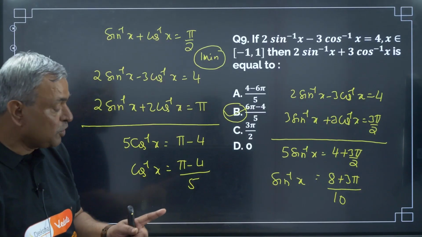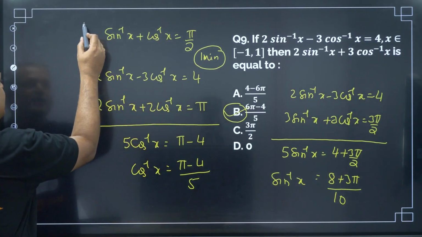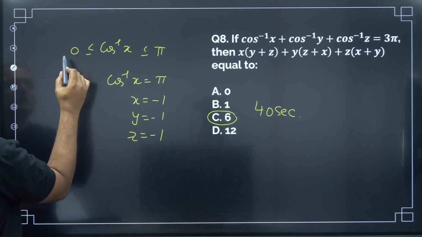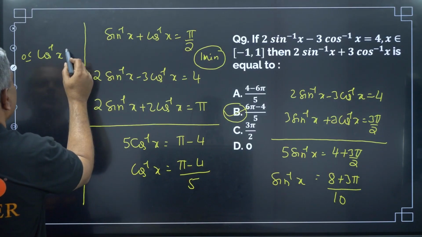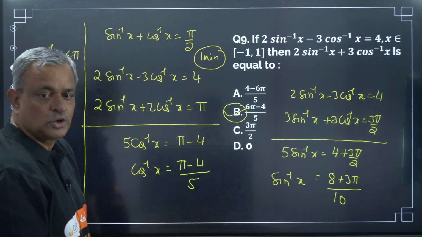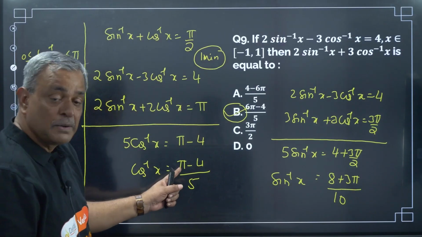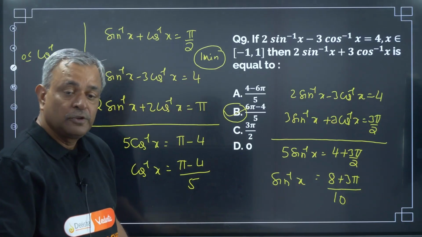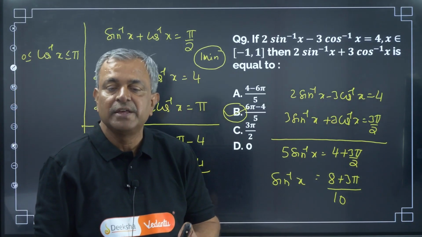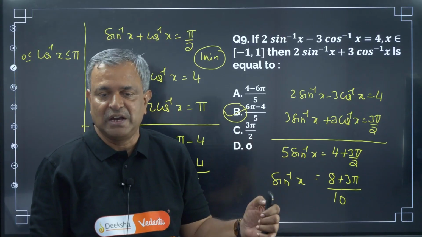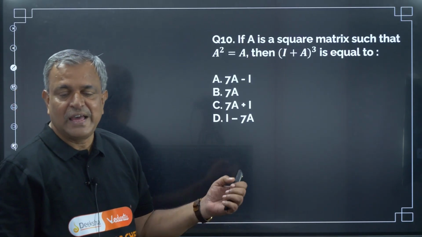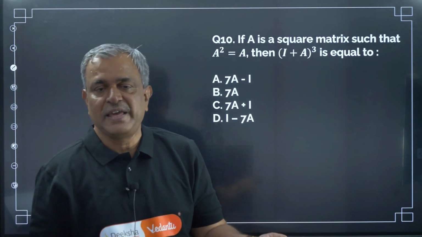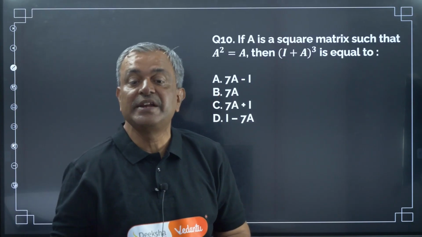Okay, but where it is conceptually wrong: cos inverse x, I am writing the concept here once again. Cos inverse x always lies between 0 to pi. Okay, 0 to pi. Got it? That's why here itself pi is 3.14 minus 4 gives negative values. It's not possible. So please, you should not panic. You keep on doing it, because that's the headache of the examiner, not ours as students. That is the reason I took this to explain each and every question. At least next year those who are applying for the CET examination can see the video immediately and learn